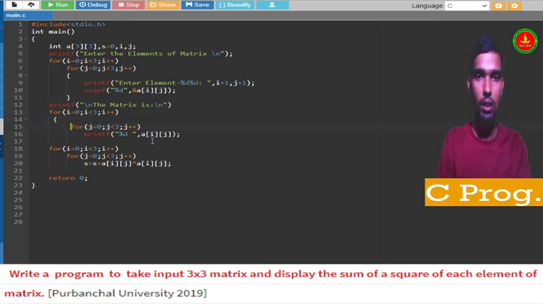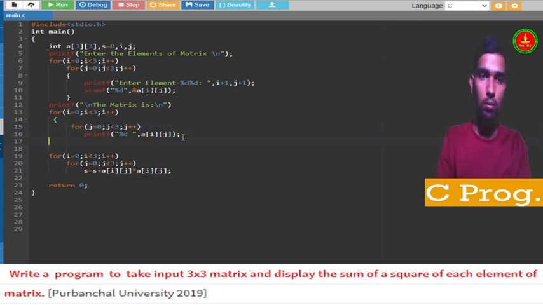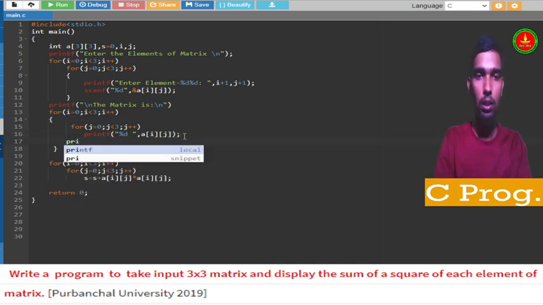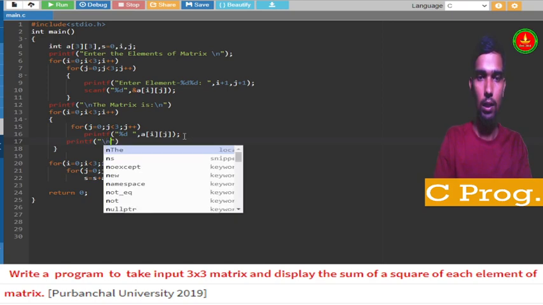Since it is one statement, I need not give the bracket. And after this I am going to write printf and a new line, so a new row will come.